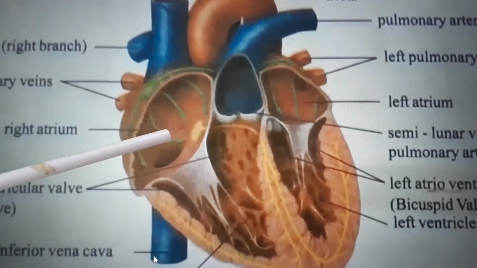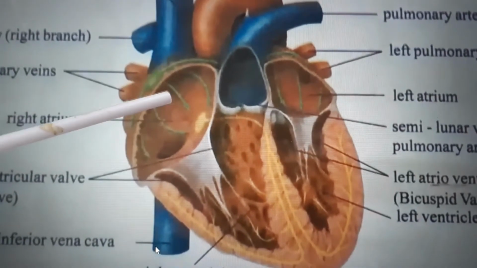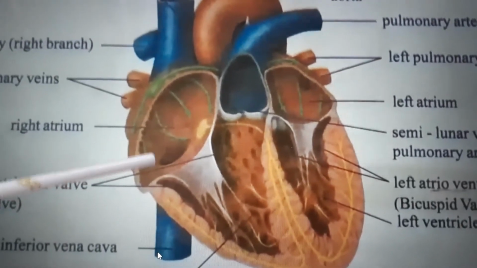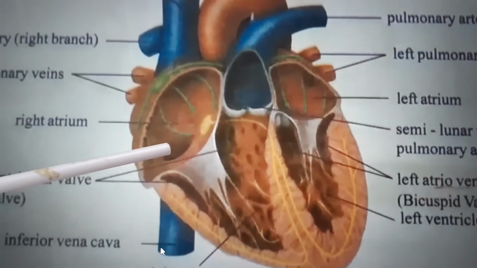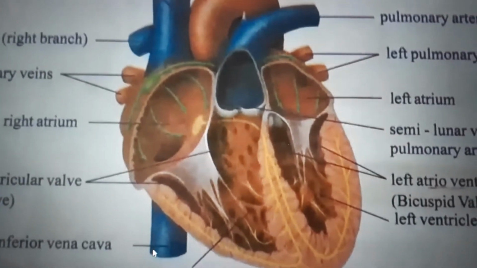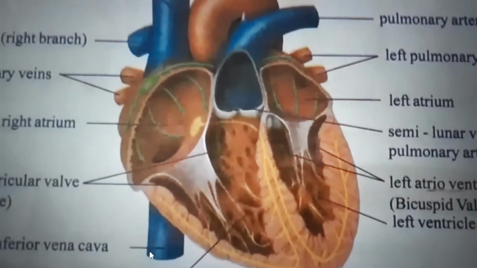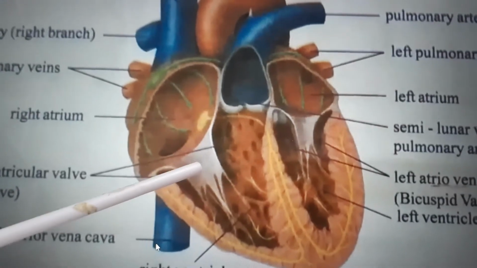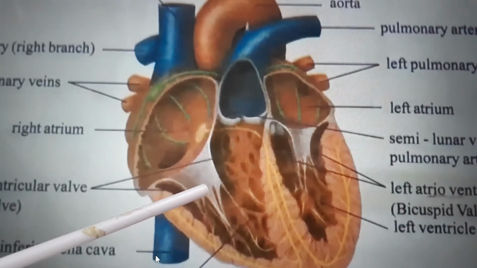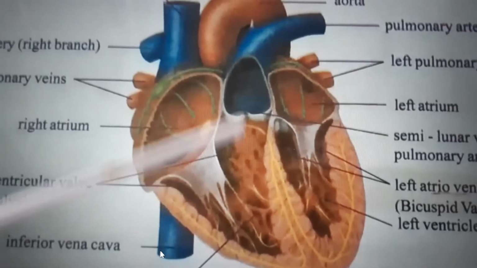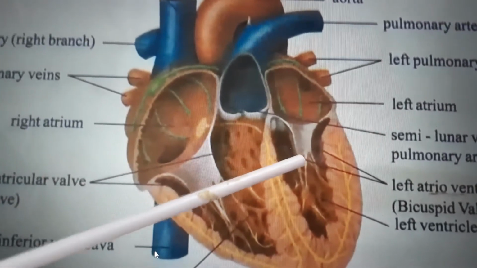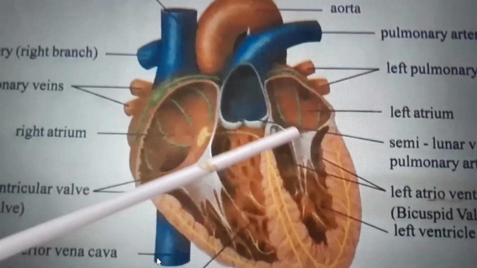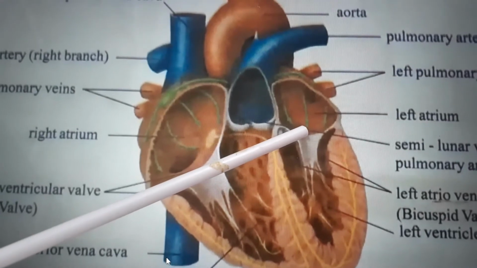Let us discuss. There are 4 valves in the human heart. In between the right auricle and the right ventricle, there is an aperture that is called the right auriculoventricular aperture, that is guarded by one valve called the tricuspid valve, which possesses tricuspids. And this valve is also guarded by fine fibers called chordae tendineae. And on the left side of the heart, in between the left auricle and left ventricle, there is an opening that is called the left auriculoventricular aperture.